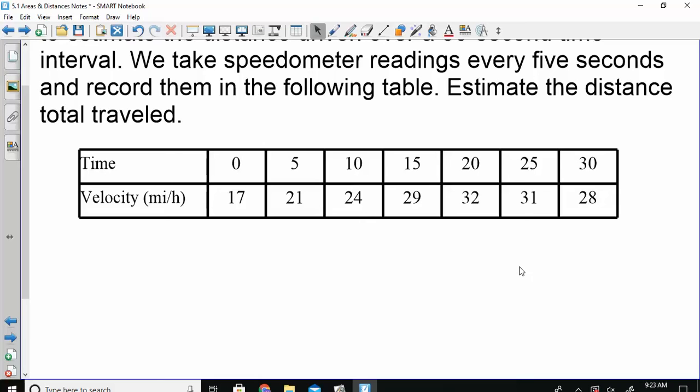Okay. Distance is just rate times time, correct? And I gave you your velocity, I gave you the rate, and I gave you the time. But were you going at constant speed the whole time? No. So it's not like I can just say I was going 30 miles an hour for 30 seconds and multiply. That's not going to work. But what we can do is set up